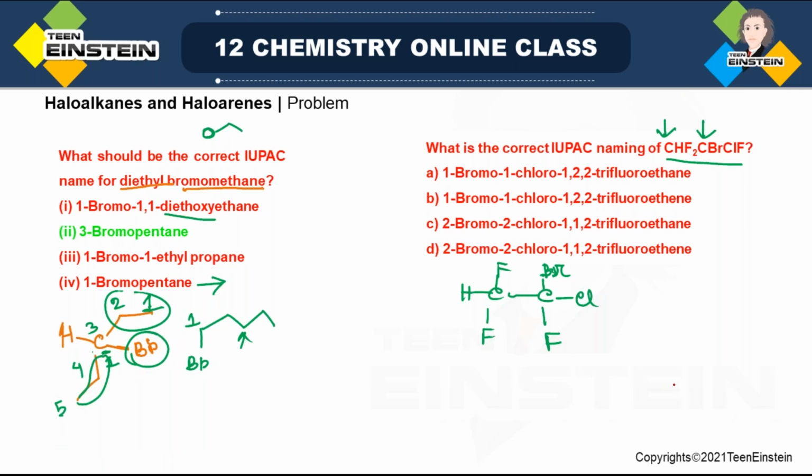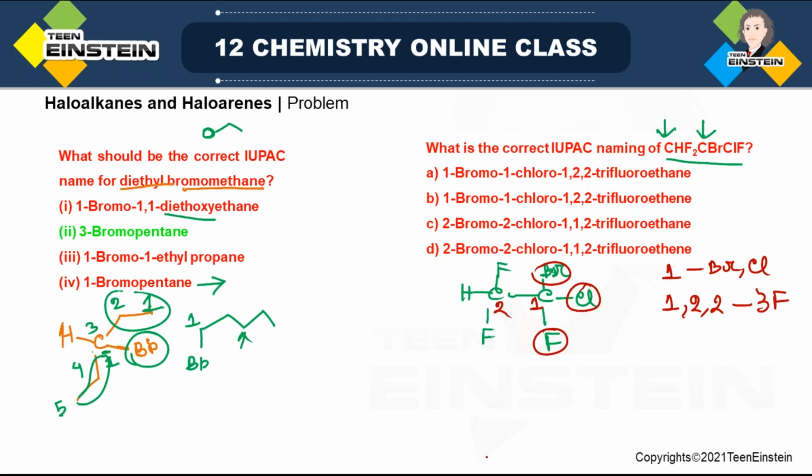Now the next question arises: as there are a total of 2 carbons, which carbon should we give number 1? Which carbon will get the preference? The carbon with which 3 halogens are attached will get the preference. So this is 1 and this is 2. Now at position 1 you have bromo and chloro, and at position 2 and 1 you have a total of